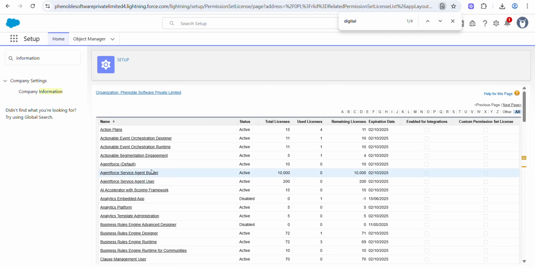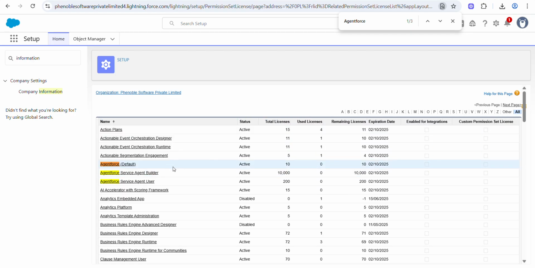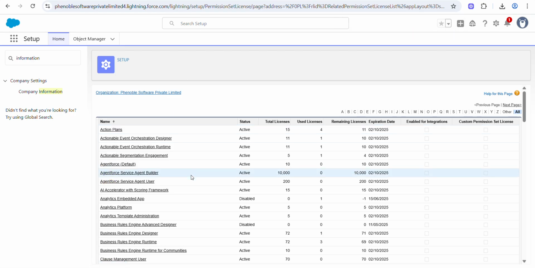You should also have Agentforce in this org. So you should have all of these permissions, at least the ones I have described right now.